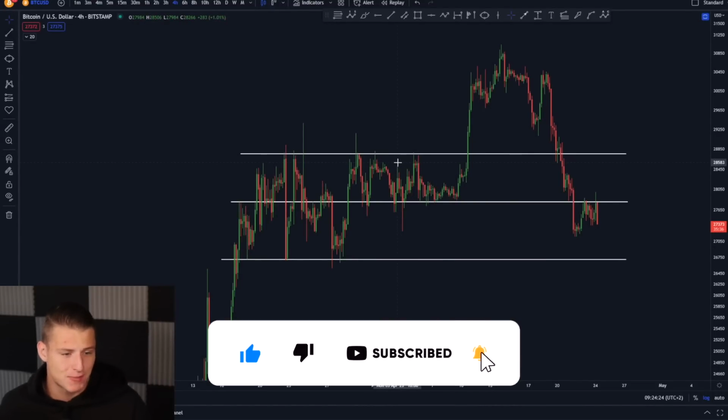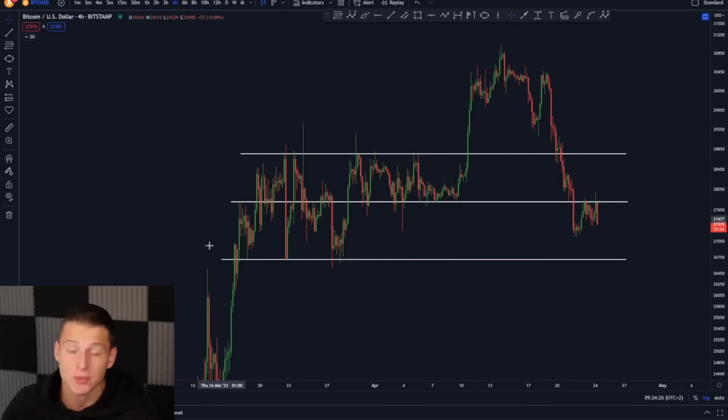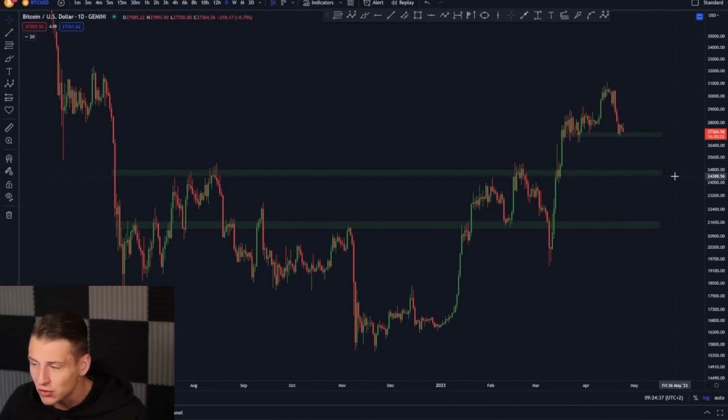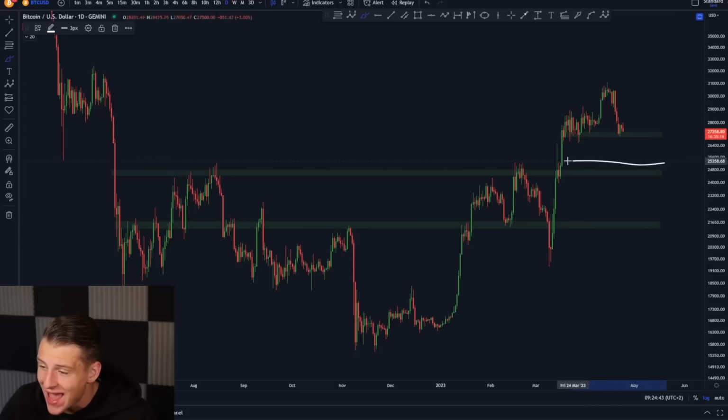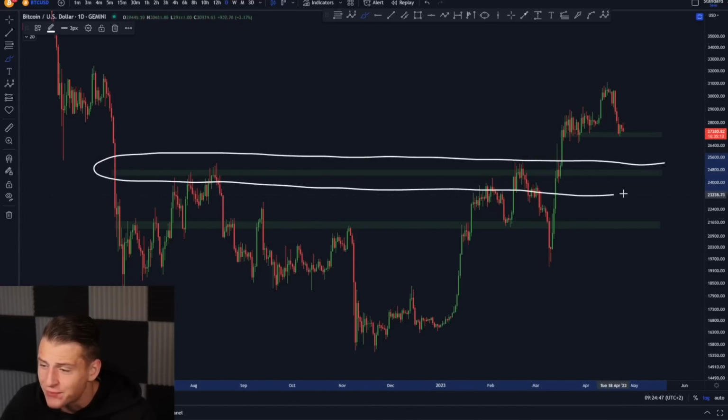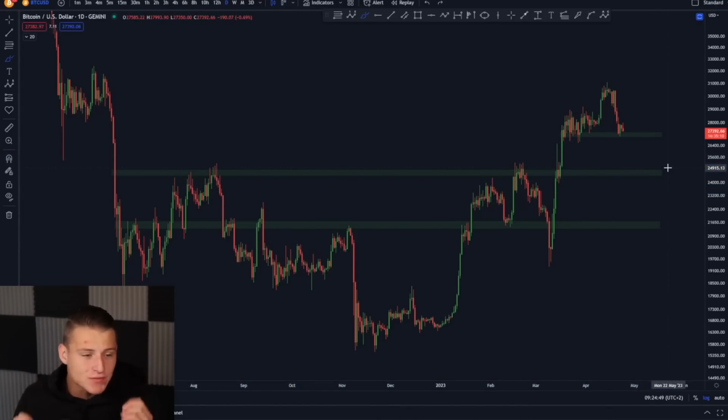Where is the next big support for Bitcoin? The next big support I'm going to be looking at is 26.6k. But of course, the ultimate target I am looking for if we break below $27,000 is going to be 24.8k to 25.2k. Why? Because that level I just mentioned is this major level of previous resistance that I will be longing. And I can tell you already, I will be opening up my biggest Bitcoin long trade on